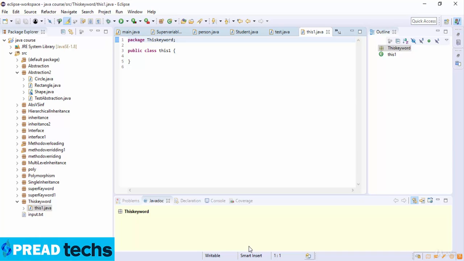The question here is why we use this keyword in Java. The main purpose of using this keyword is to differentiate the formal parameters and data members of a class. Whenever the formal parameters and data members of the class are similar, the Java virtual machine gets an ambiguity, no clarity between the formal parameters and the members of the class. To differentiate between formal parameters and data members of the class, the data member of the class must be preceded